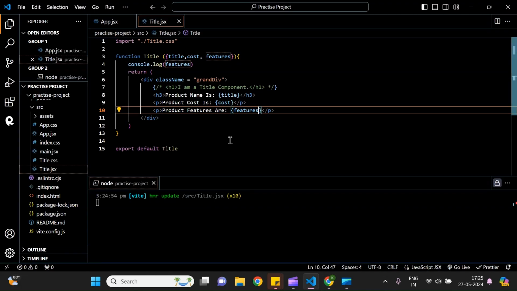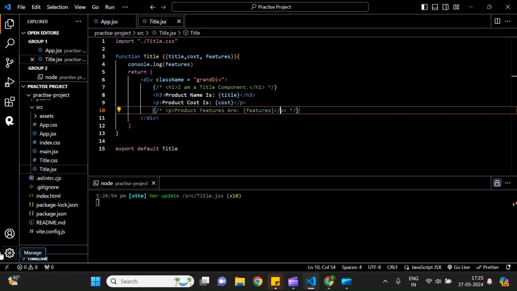Now instead of defining li for each and every array item, here we know that we only have a features array of 3. But when you are going to production, you might have like 15, 20. So you cannot be doing li1 features index of 0, li2 features index of 1. So what we can do is we can use a map function. So what map function will do is that